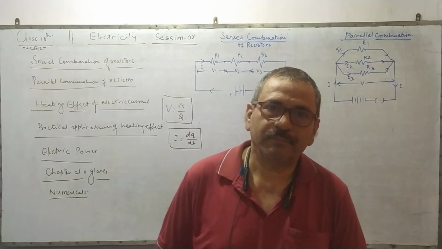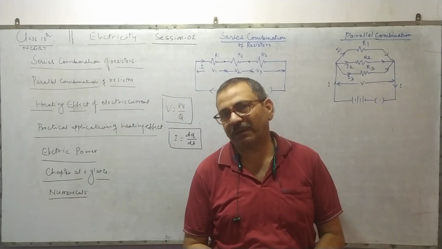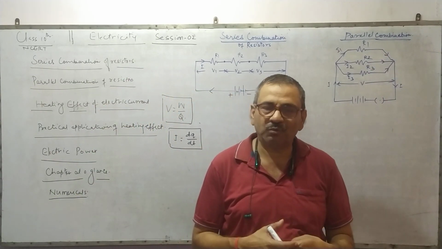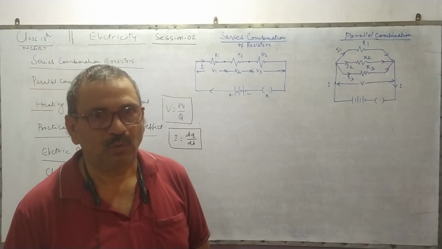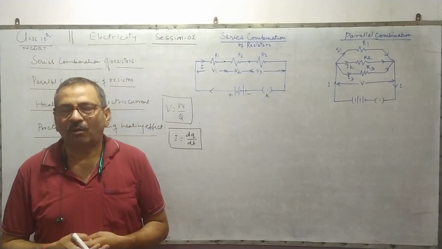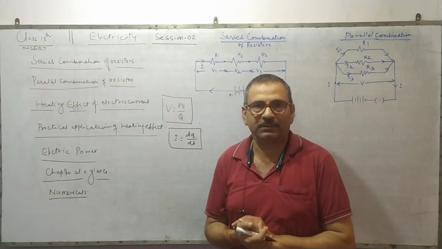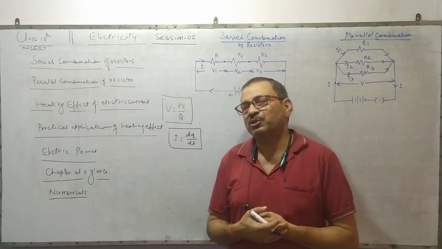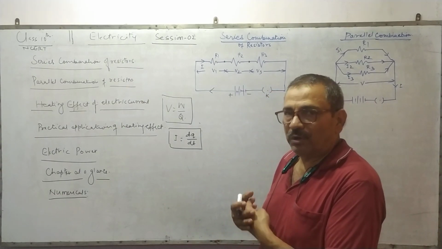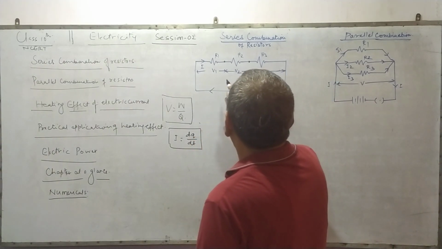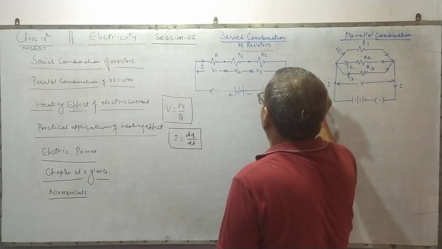Ohm's law: you have seen that if there is no large change in physical parameters, current flowing through a wire is directly proportional to the potential difference between the two. In this session, you also learned about electrical resistance, that is obstruction to the flow of electric current. SI unit is ohm or volt per ampere. So in this session, we are going to study series combination of resistors and parallel combination of resistors.